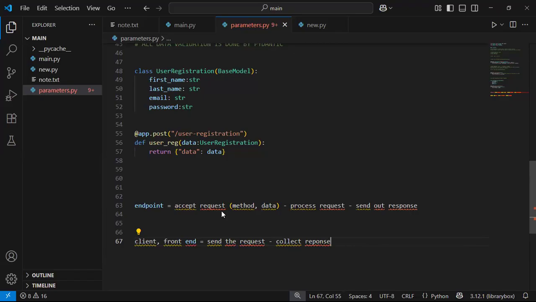So if the documentation says that this particular URL only accepts GET and passes parameters, then their job is to send this request as GET alongside the parameters, and wait for the response that our server has to send back for them, right? That is our two distinct roles as engineers. Okay, but then